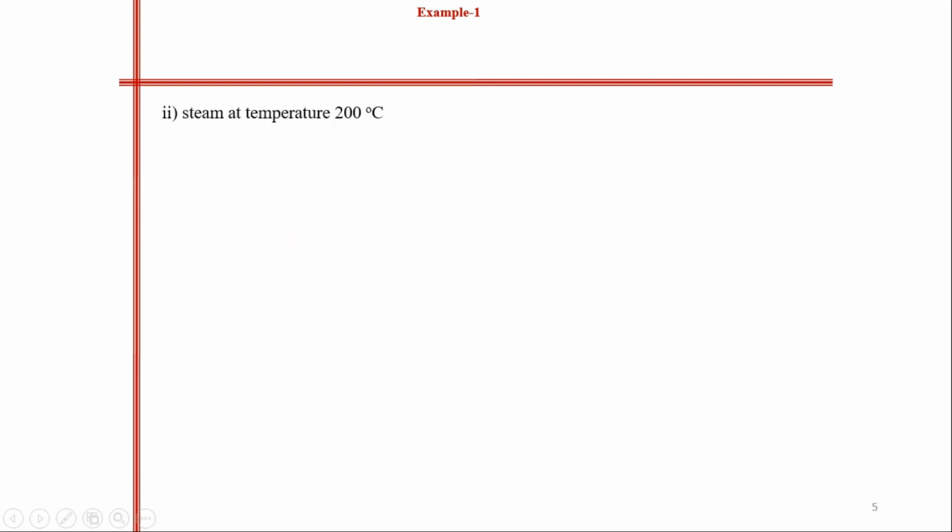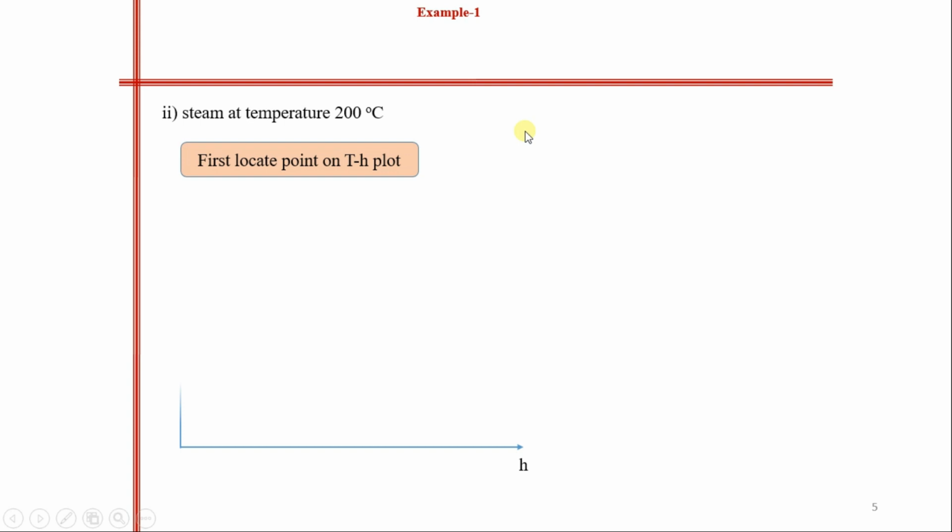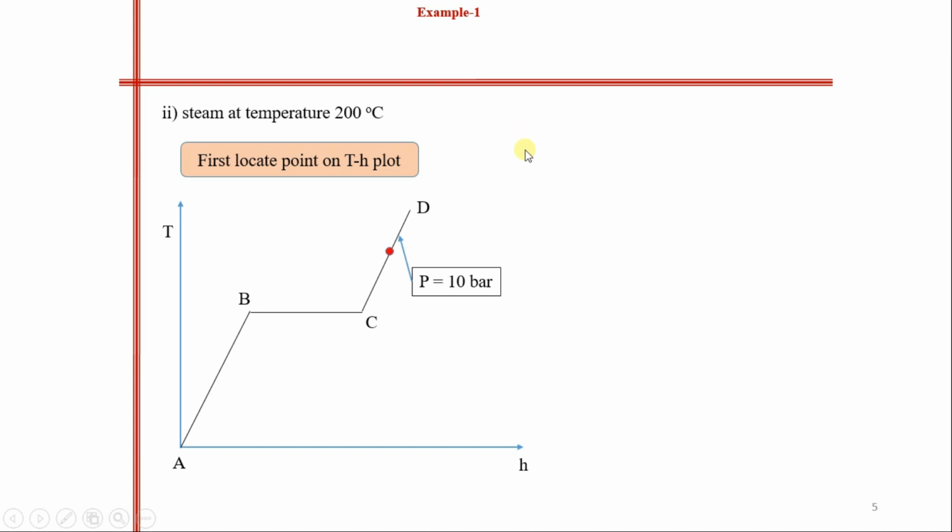Now let's take up the second case where steam is at a temperature of 200 degrees Celsius. First, locate the point on the TH plot for the second condition. I have located it over here. Why? We are given a temperature of 200 degrees Celsius and we have found the saturation temperature from the steam table, that